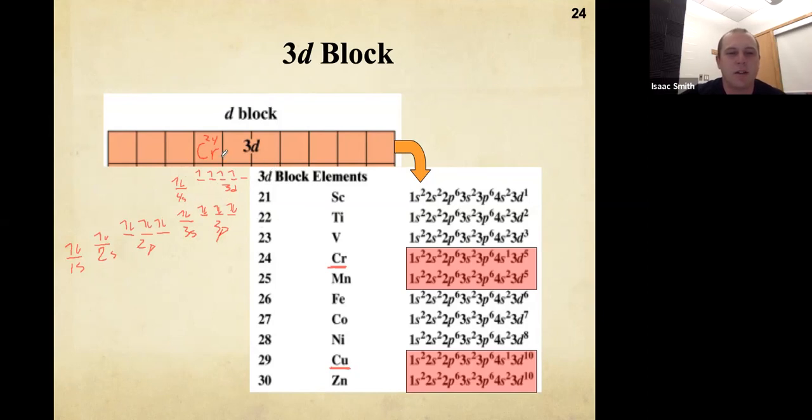It just turns out though that a half-filled 3D orbital and a half-filled 4s orbital is more stable than a fully filled 4s orbital with a partially filled 3D sublevel. So what that means is that this electron is actually going to jump up into the 3D sublevel in order to lower the energy. So this is incorrect; what you would actually see